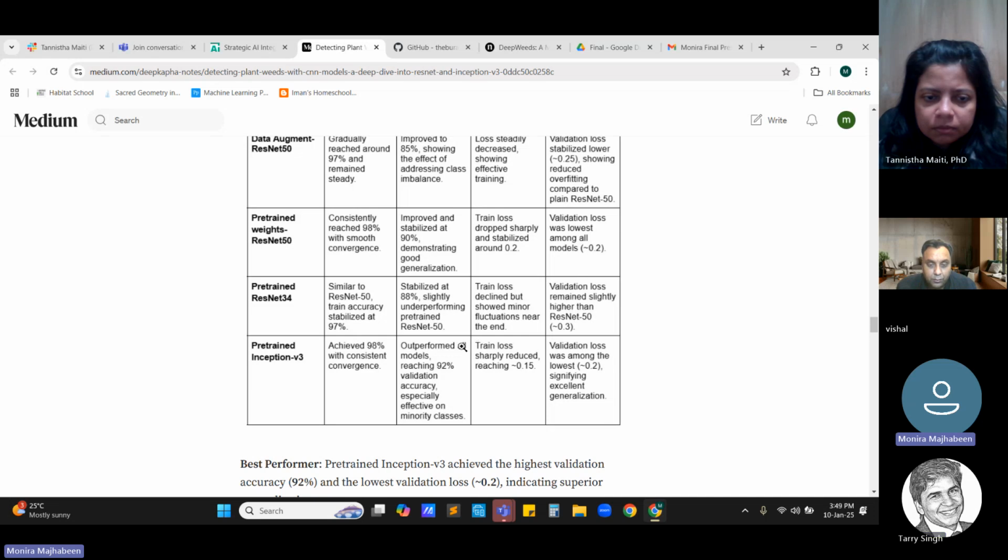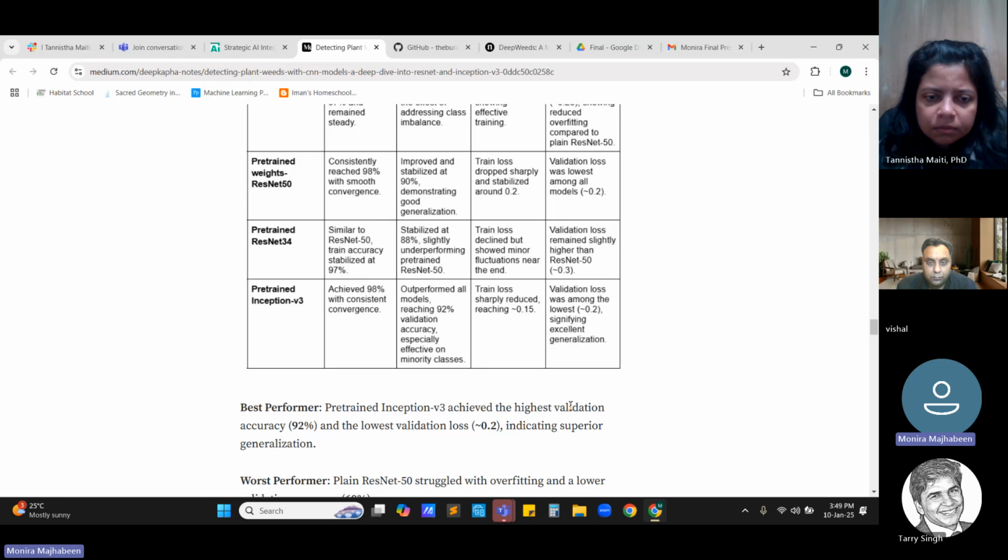It must be because the newer network has fewer layers than the one at ResNet 50. So in that case, it underperformed compared to ResNet 50's pre-trained weights one, but was not better than the vanilla one. And in the case of the Inception, we also experimented with the pre-trained one, and